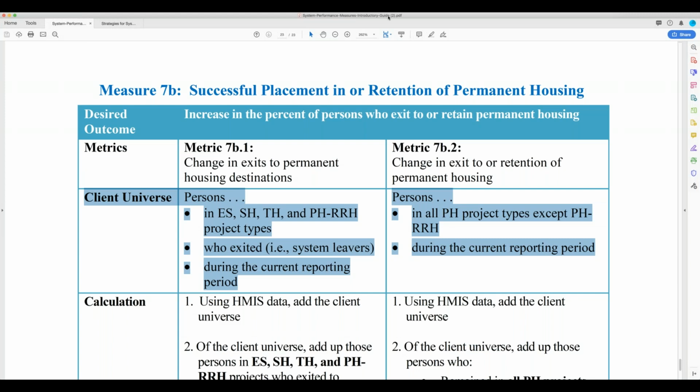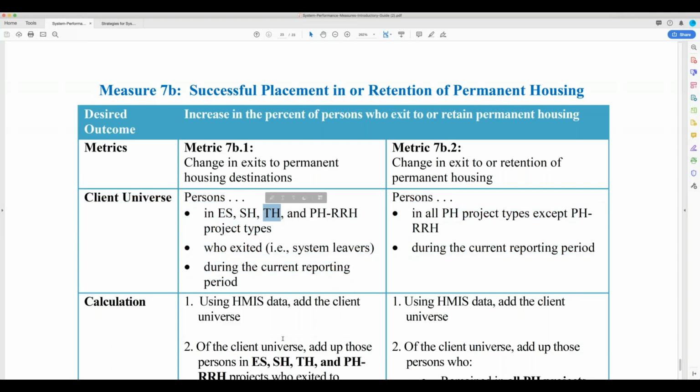It is a helpful resource just to keep in mind, hey, let me look throughout this guide for where my transitional housing program that's HMIS participating shows up. And let me see how my data are impacting these measures, because it is a helpful thing for me to think about. Same thing with street outreach or safe haven or emergency shelter. Those are all critical components that are having an impact on our data as reported in the system performance measures. So keep that in mind.